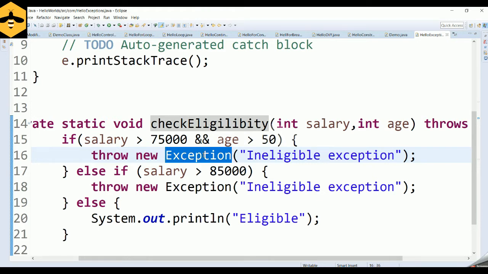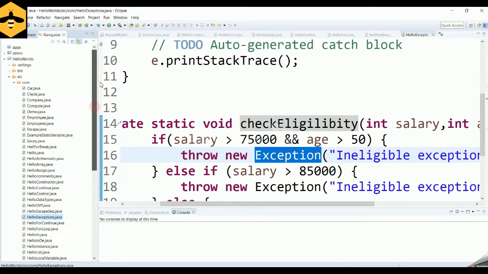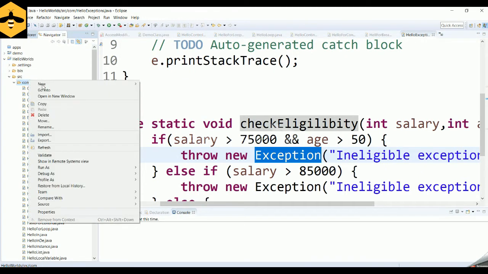There arises a question: what should we do if we want to throw a custom exception? A custom exception is an exception having my user defined name, a custom name, rather than an out of the box name, which makes it very user friendly and also improves the readability of the code. In such scenarios, we need to create custom exceptions.